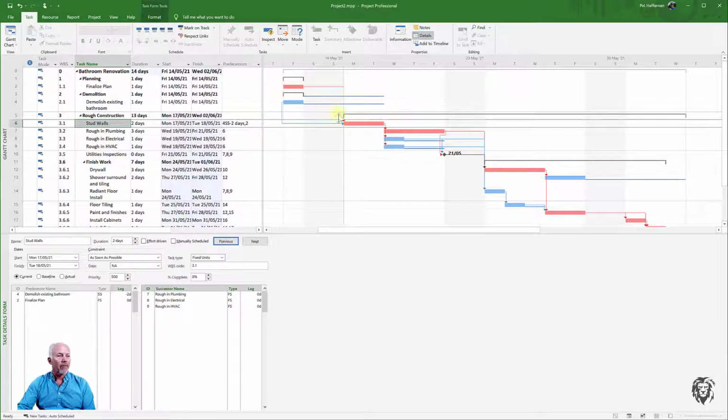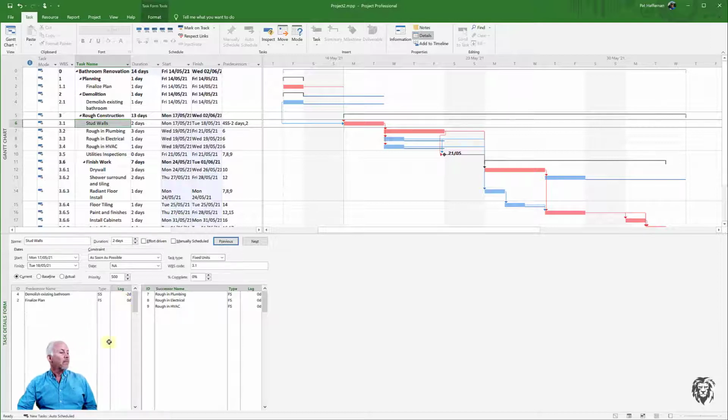Now it's not allowing it in the actual program because other dependencies are causing it to finish. So there are advantages and disadvantages to using lag. It can be very helpful in things like when you need concrete to cure, so you build in enough days after a task is over. That would be a positive lag. It'd be a finish to start plus a lag of, say, 3 days to give adequate cure